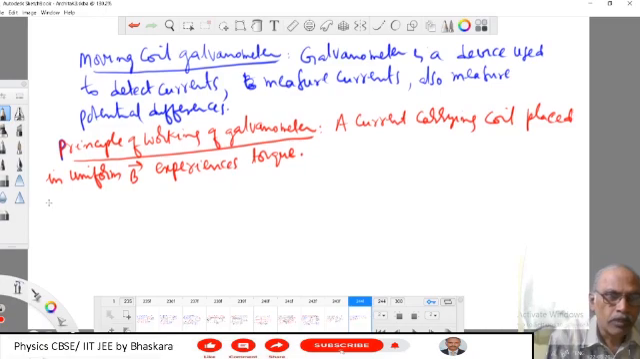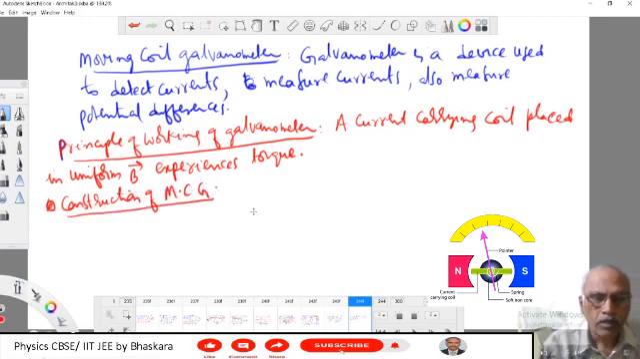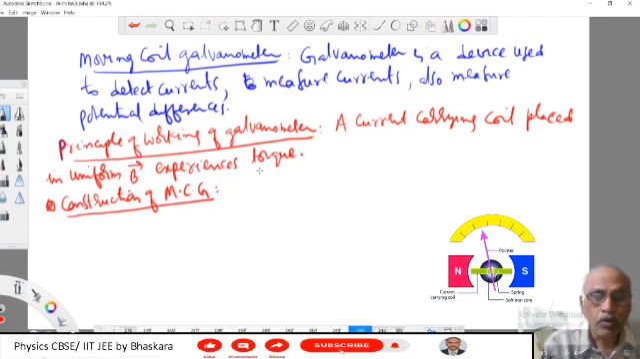So that is the principle, then construction of moving coil galvanometer, MCG. The moving coil galvanometer consists of a coil. The coil is made with a thin copper wire, and that wire is wound on a cylindrical soft iron piece. So in the construction, you have to write that the moving coil galvanometer consists of